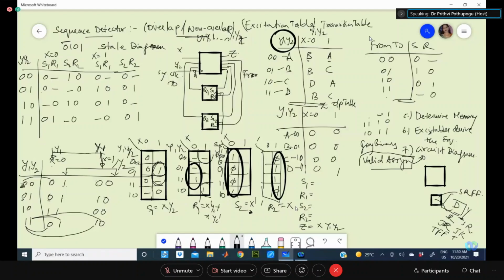So these are all the equations of S1, R1, S2, R2. These will be in terms of your x, y1, y2. So from these three, x, y1, y2, you have to derive the circuitry with AND OR logic. Then you connect them here. You will be updating that with the needed transitions. This is what we call a memory specific approach. If it is JK, we need to apply the excitation table of JK and derive the equations.